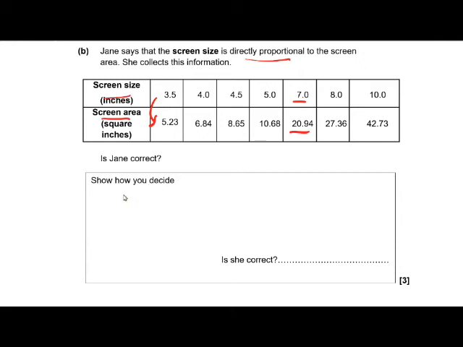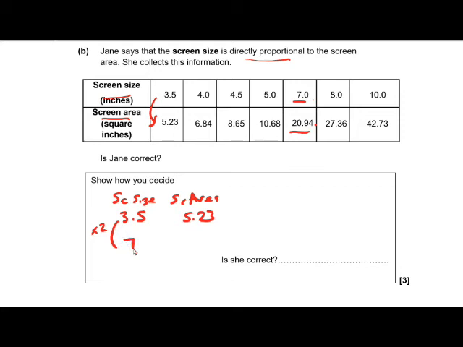So my relationship between my screen size, which is 3.5 inches, and my screen area, which is 5.23. If I use this as my relationship, then if I multiply this by 2, my screen size is